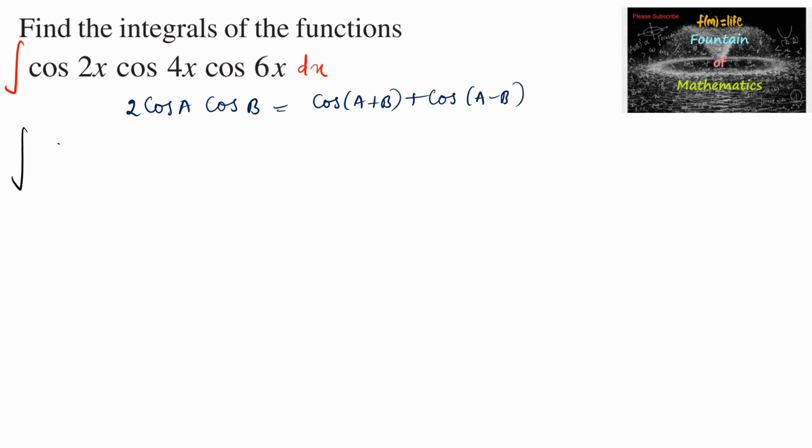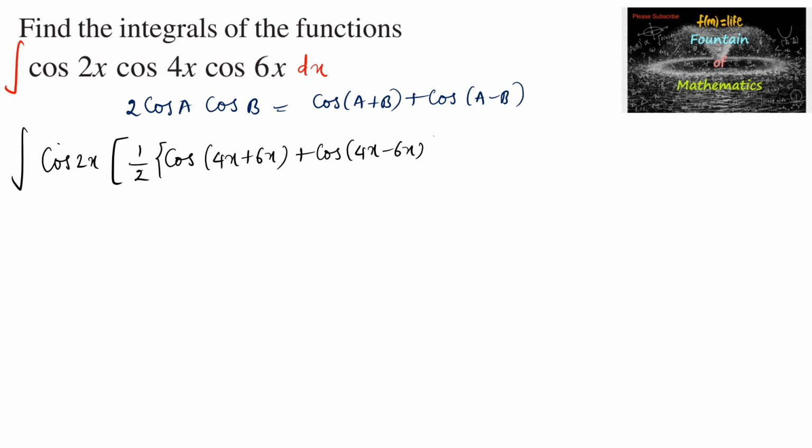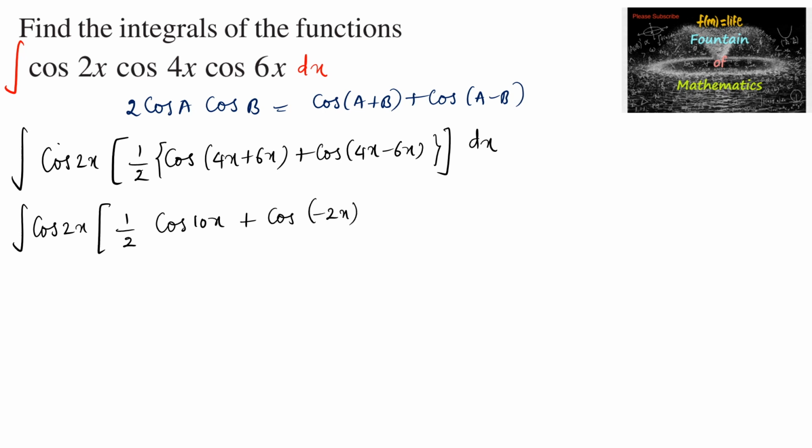So we can write here integral cos 2x into 1 by 2 times of cos of (a plus b), that is 4x plus 6x, plus cos of (4x minus 6x), the whole dx, which is equal to integral cos 2x, 1 by 2 times of cos 10x plus cos of (4x minus 6x), which is minus 2x,